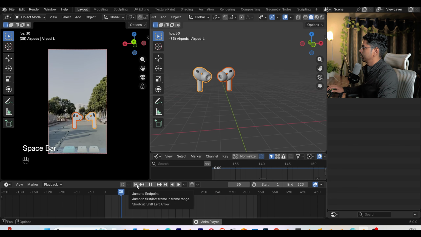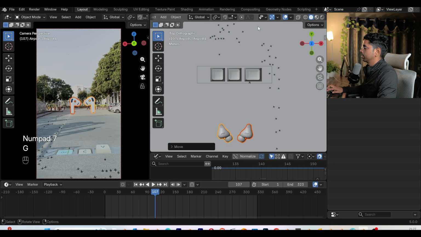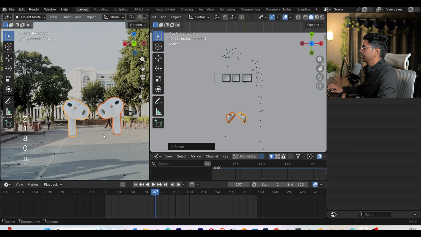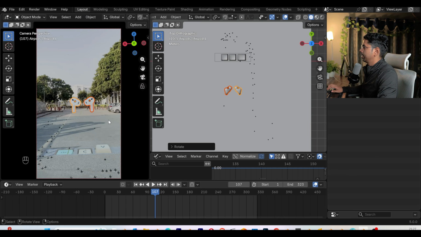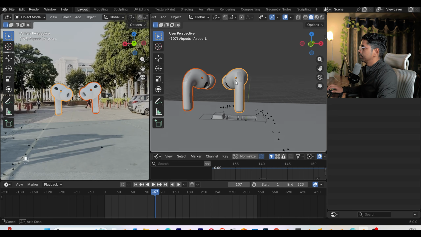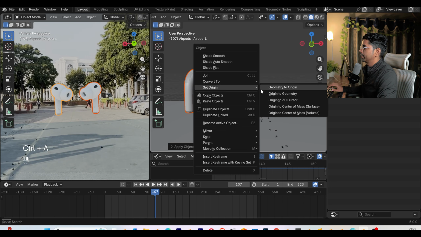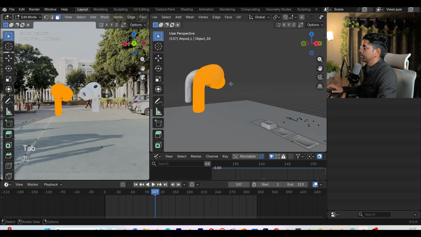And let me see, and just move it over this side. Okay, and maybe RZ 180 degrees to rotate it in this direction. Nice. If I want, I can make it even more, but this much scale is nice. So this is nice. I can press Ctrl A and apply all the transforms, set origin to geometry, and they